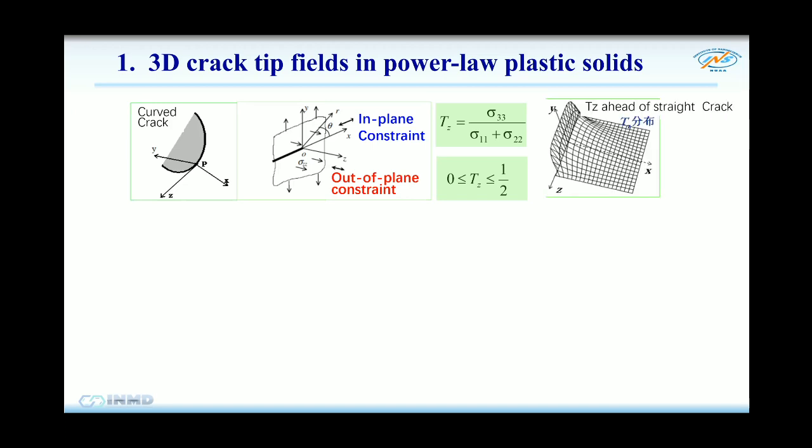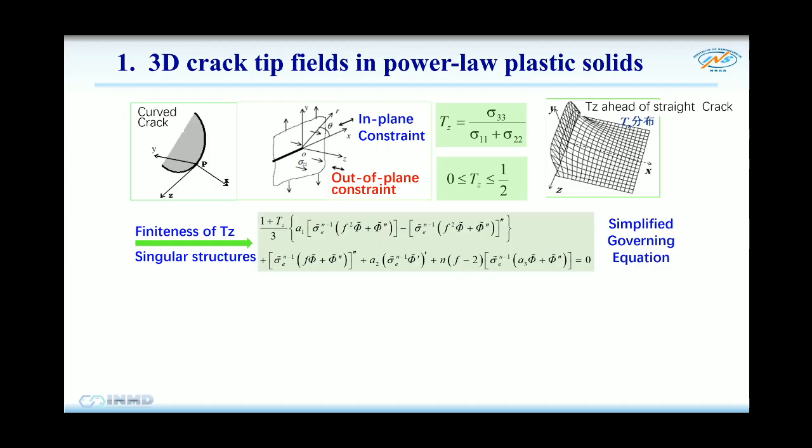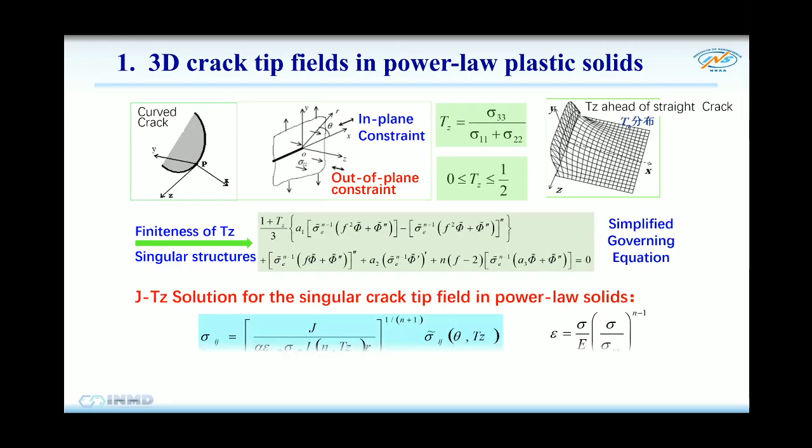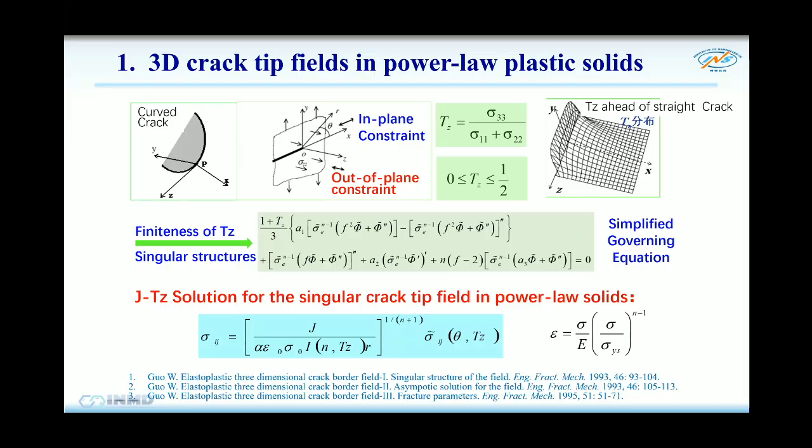And in a tightly constrained, simply connected front like this one, it's a three-dimensional distribution. So we have a limited value, and also use a single structure analysis. We reduce the differential equation into a single one. This can be solved like an entire solution. So we obtained the TZ solution.